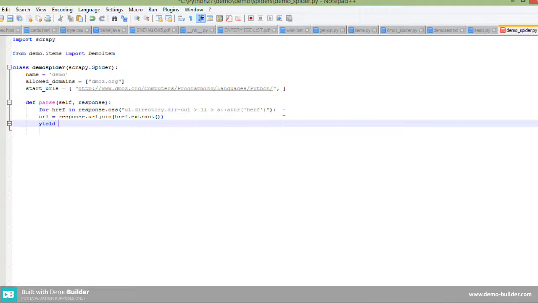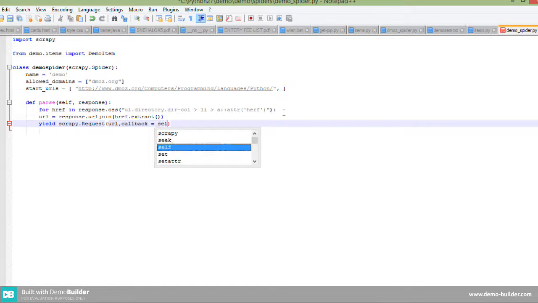Okay, yield of scrapy.Request of URL, comma, callback equal to self.parse.